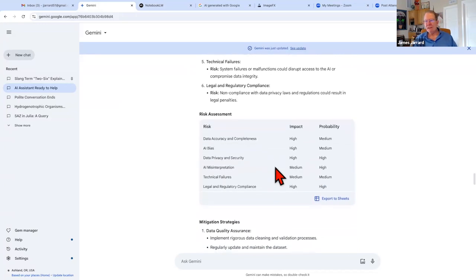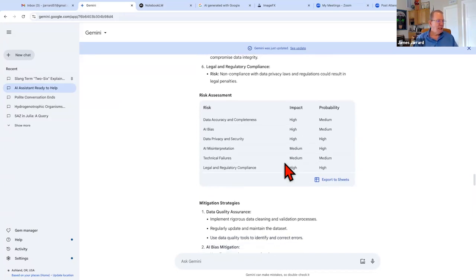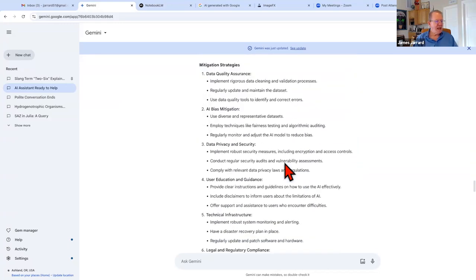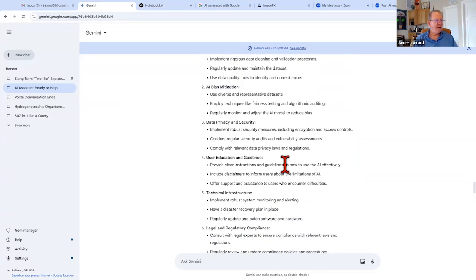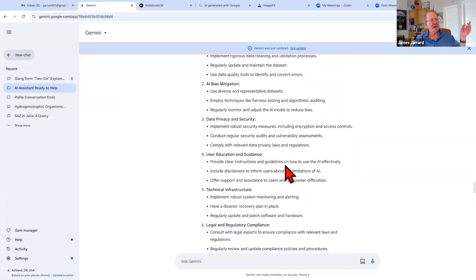Here's the probabilities. Now remember that I gave these business-oriented prompts out last week. Here's mitigation strategies, AI bias mitigation, use diverse and representative data sets. Oh boy.